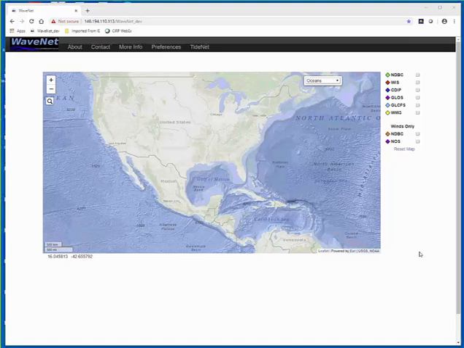For those of you that are familiar with WaveNet, TideNet, the screen may look pretty much similar to what you have seen before, but in reality there are a lot of changes that happened in 2017. First of all, we moved from Google Maps to Esri, because our utilization rate was too high, and Google wanted to charge me basically $31,000 a month. So I had no choice at that point.